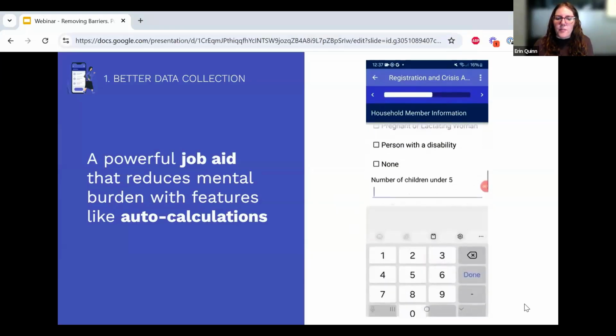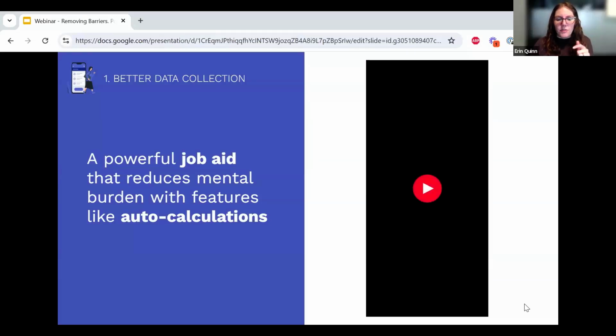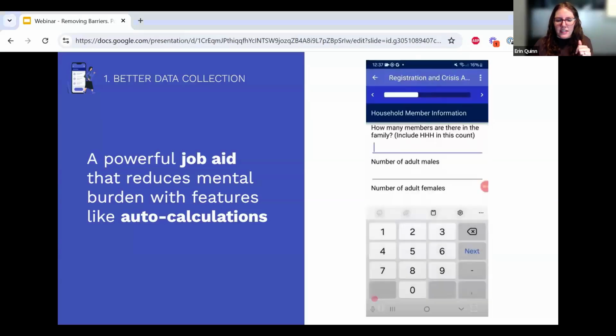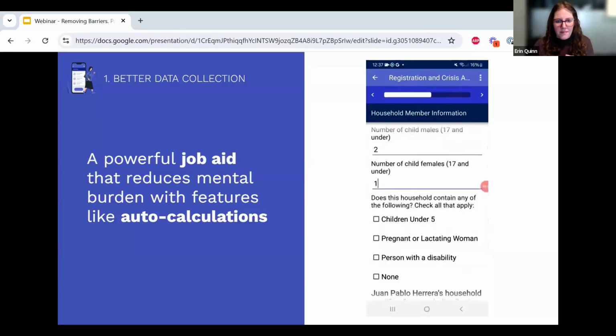This is an example from an emergency response cash and voucher assistance application. And what the application actually does is it looks at the composition of a household. So it looks at how many people are in it, and it determines a cash and voucher award based on who is in that family and its characteristics. So specifically, I think for this algorithm, it gives more cash to any families that have pregnant or lactating women, children under 5, or anyone in the family that has a disability.